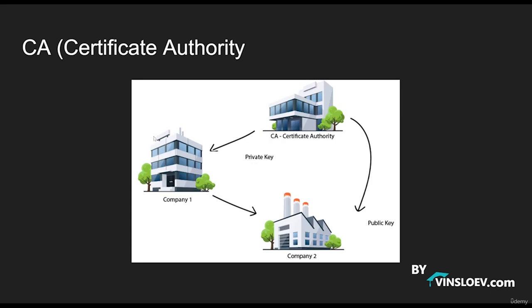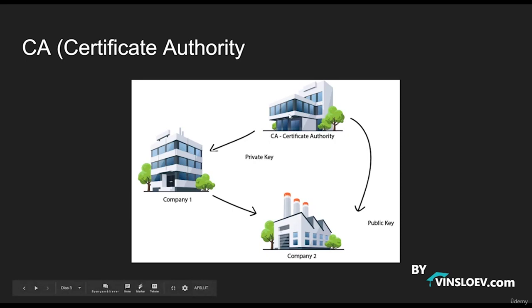This means that both company 1 and company 2 are trusting this third party. So this could be a third party company or a government organization or someone that both of them are able to trust, meaning that company 2 doesn't have to trust company 1 alone, because what if company 1 wanted to cheat company 2? So they are trusting this one. This means that the certificate authority is the key manager in this